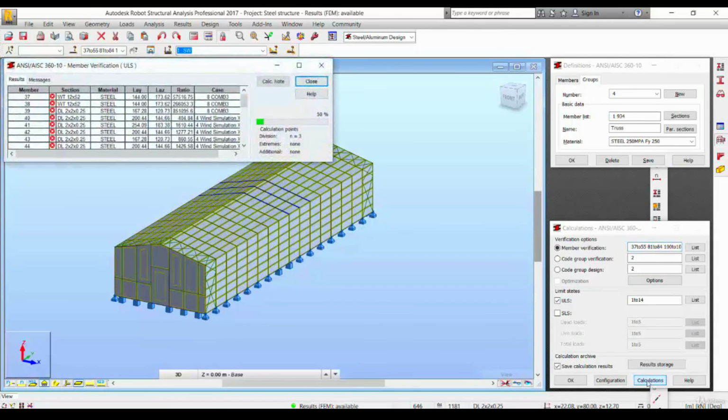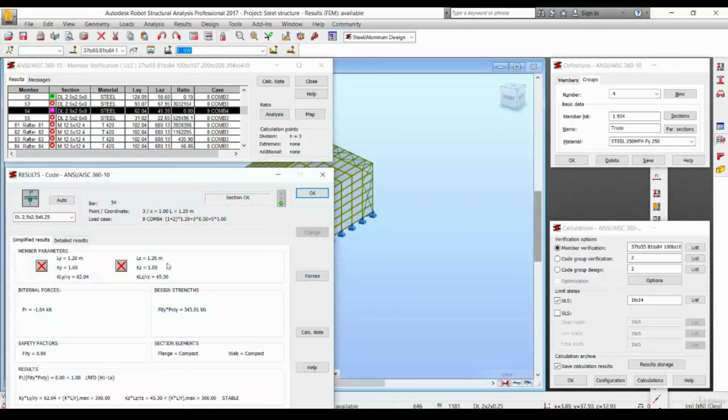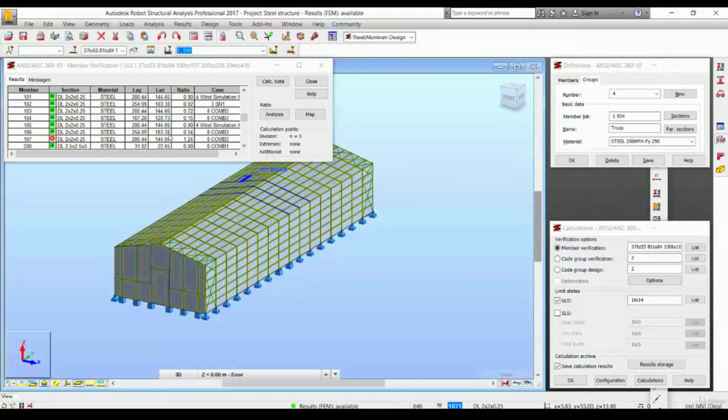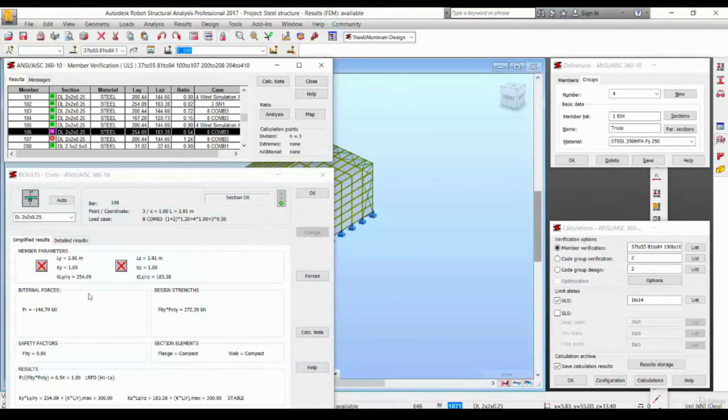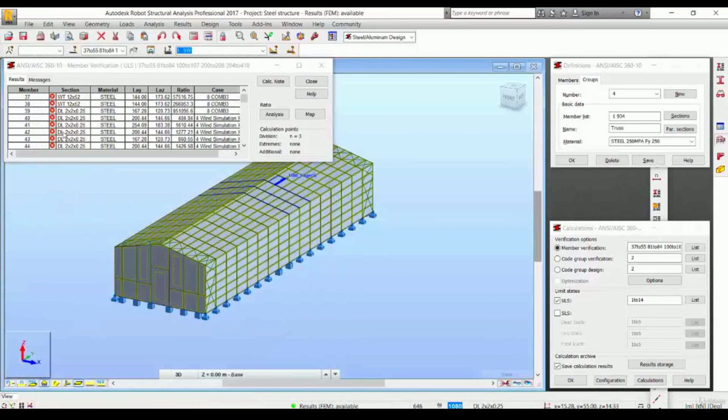paste, calculation. For example, here the section is stable enough, and we want to continue with the other sections. For example, also here the section is enough. Here there are some sections that need to be increased. These sections are enough. Okay,